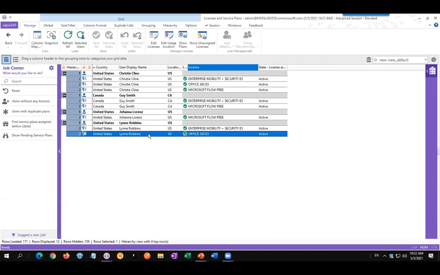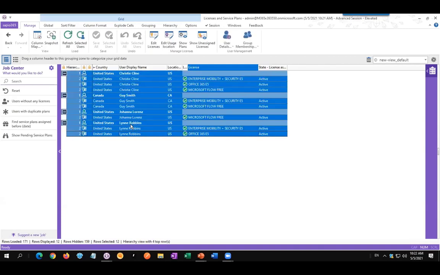Now I want to make a distinction here because I can, let's say, select all the users and remove everything. But then you can do the same thing in the portal, right? But what you can't do in the portal is remove a specific license. For instance, if I just want to remove the E5s or the E5s and the security E5s. So what I'll do is I selected all my users